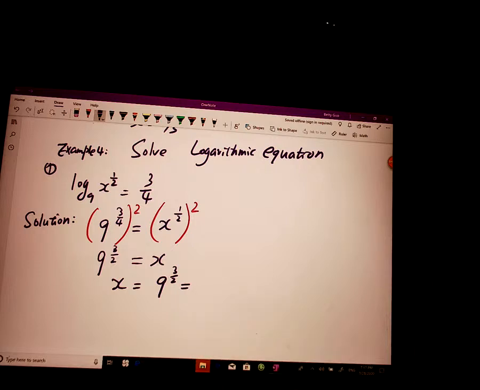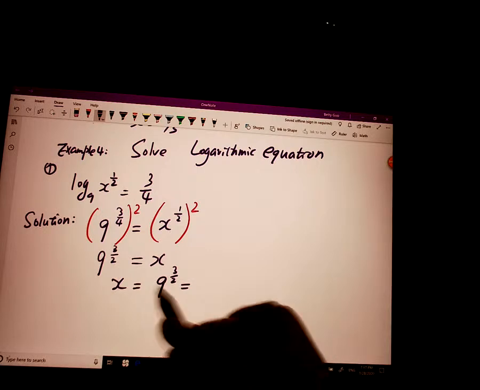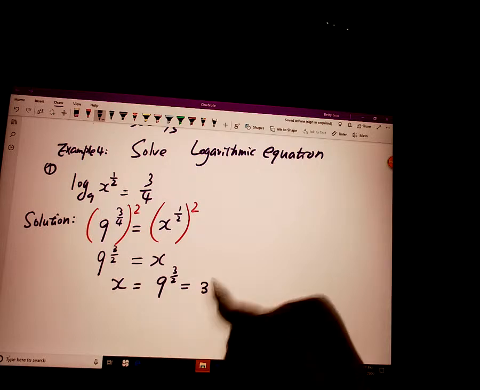What is 9 to the power of 3 over 2? You can try your calculator. Or here we use some basic algebra. If we rewrite 9 as 3 squared,